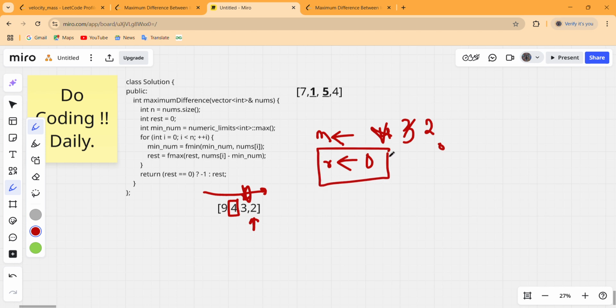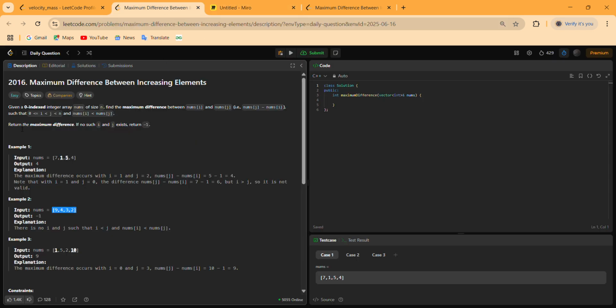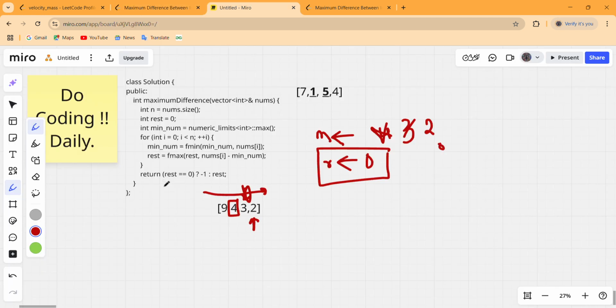And in that case, it is clearly mentioned that if no such i and j exist, we have to return -1. So in that case, if result is equal to 0 after doing all the operations, we have to return -1, otherwise we have to return our result. So this is a big O of n solution, and this is an optimized approach for a big O of n square solution.